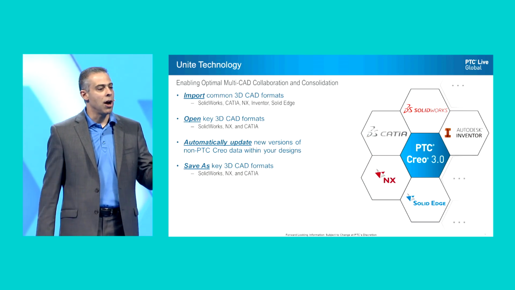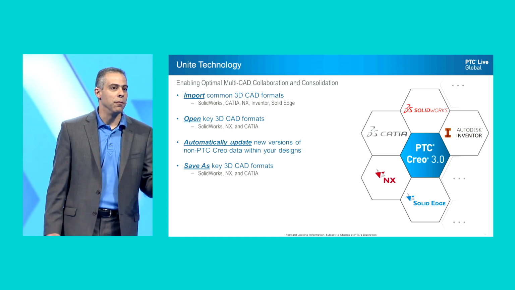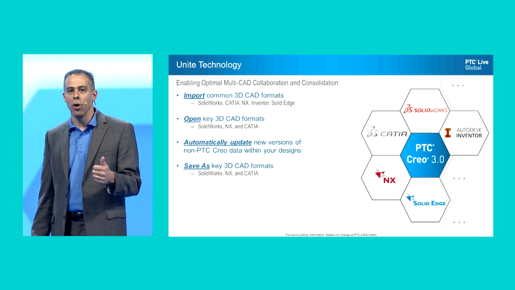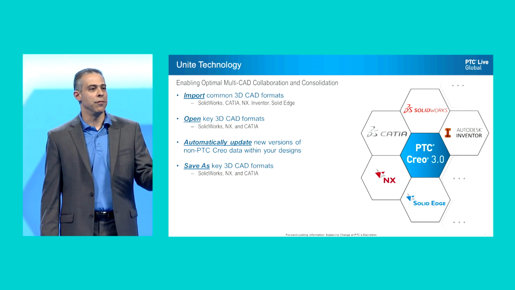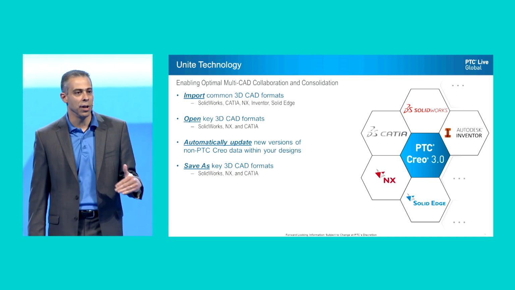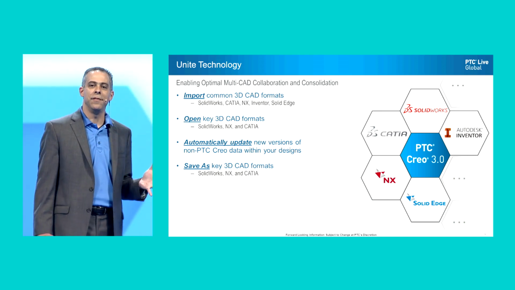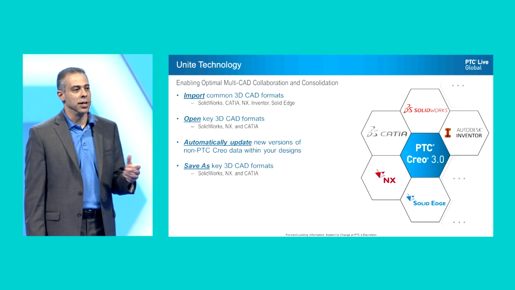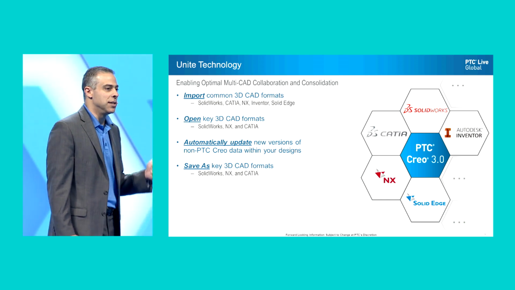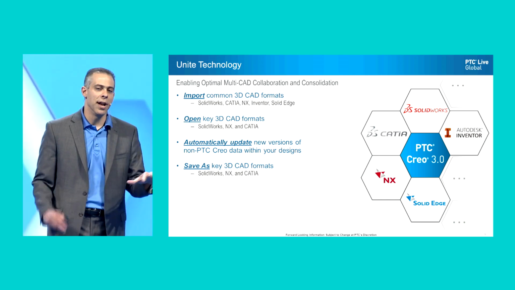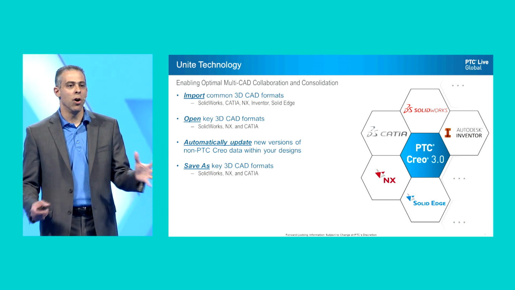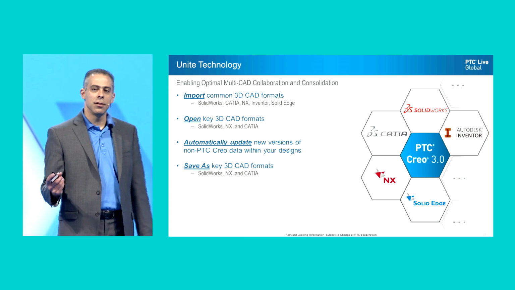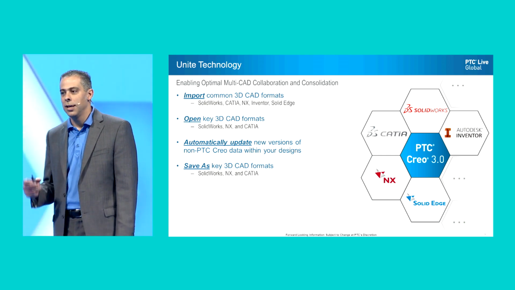So there are 4 key components to the Unite technology platform. First of all, we have the ability in Creo 3.0 to import all of the major CAD formats that you see out there, built right into the platform, okay? We've also got this very interesting capability to open some of the key capabilities. This is CATIA, NX, and SolidWorks. We can open those into the platform, and I'll talk to you a little about why that's important when we talk about use cases. We've also got the ability to automatically update those opened formats,